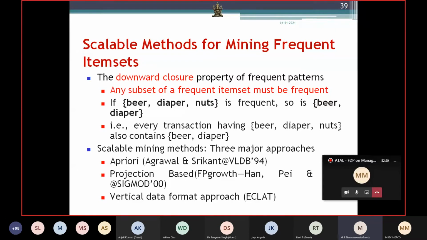So first, here we have a very important property called the downward closure property. The downward closure property says any subset of a frequent item set must be frequent. Suppose let us assume that beer, diaper and nuts is going to be frequent. Then we can see the subsets: beer and diaper, or beer and nuts, or diaper and nuts.